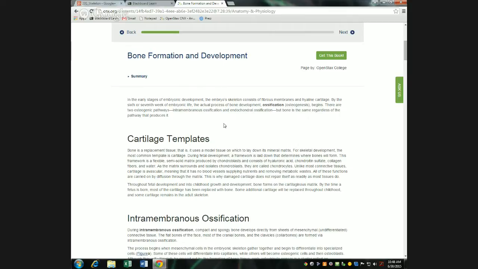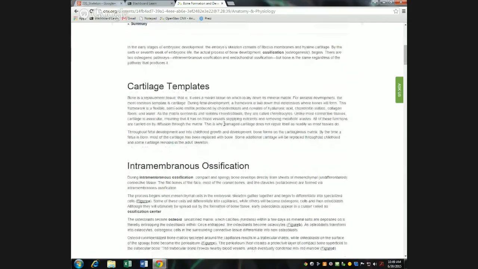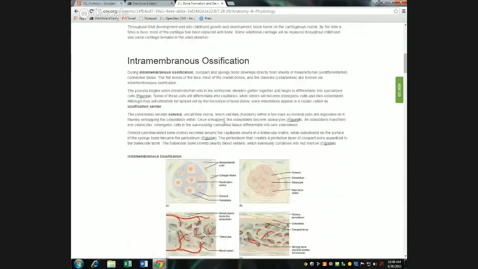So this is the idea of how the bones develop, how the skeleton's made. There are really two different ways that the skeleton forms. The two processes are intramembranous ossification and